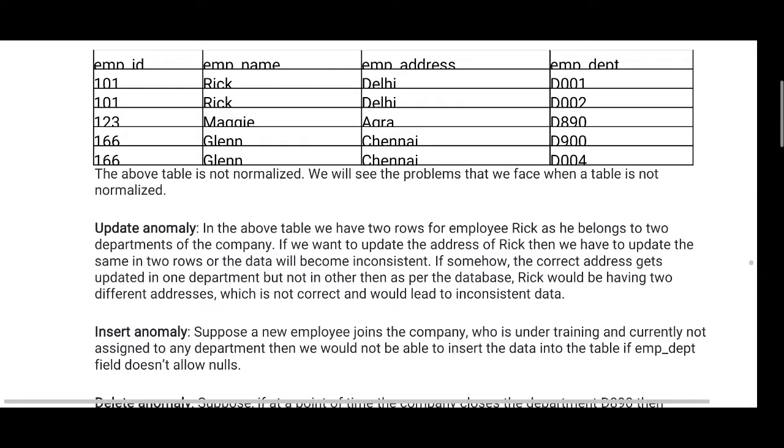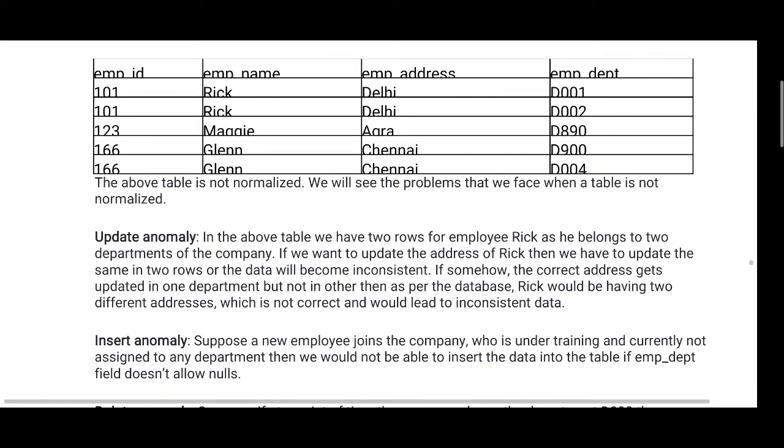If you want to update the address of Rick, then we have to update the same in two rows or the data will become inconsistent.